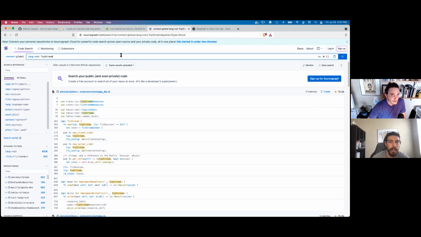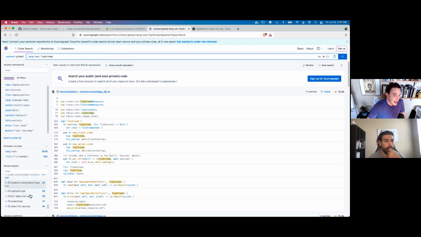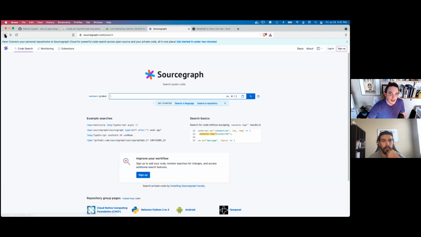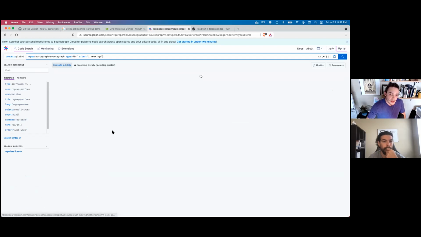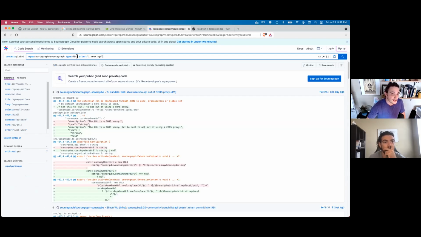So are these just random projects from open source? Random projects. Oh wow, okay, cool. You can filter off of it. Here's a list of a whole bunch of different repositories that are matched on it. I highly recommend checking it out. It's quite sophisticated, the things you can filter off of. Here it looks like you can even filter off of commits too. So it's a whole bunch of public code information. I'm always impressed with how fast I get results. Just looking up examples and reading API docs is super helpful for me.